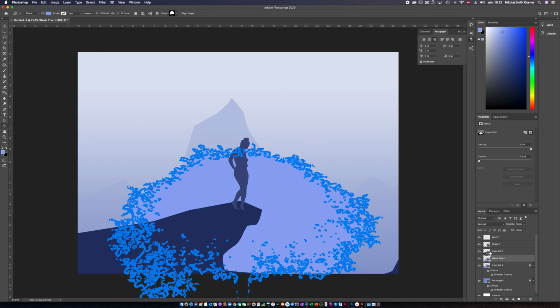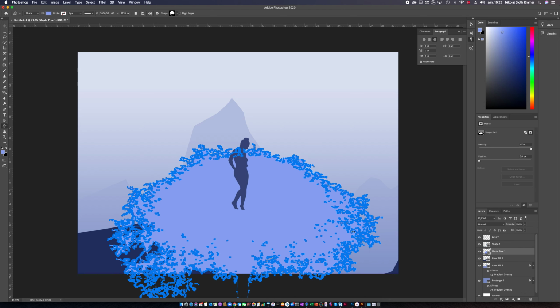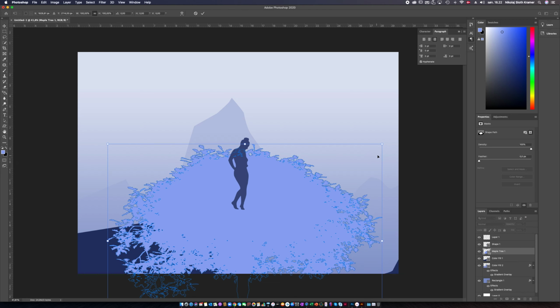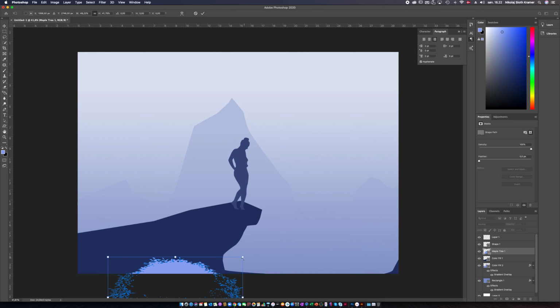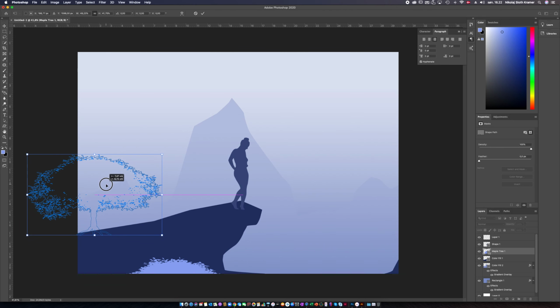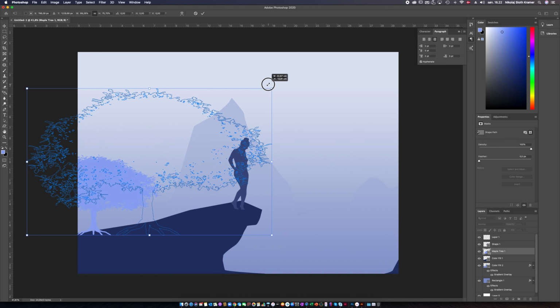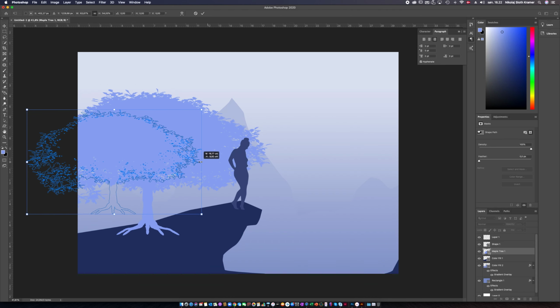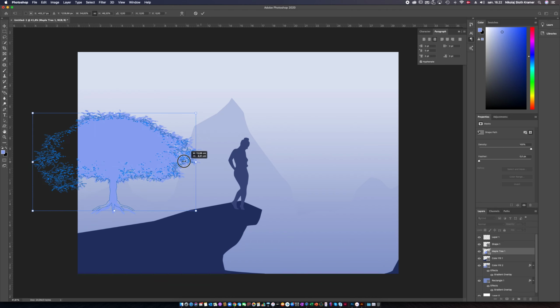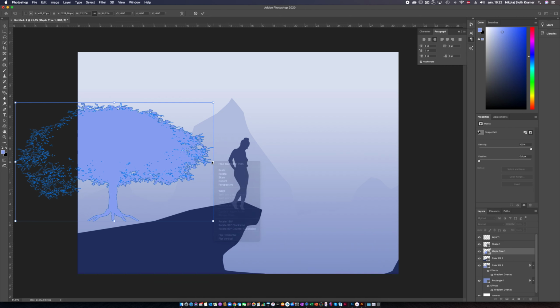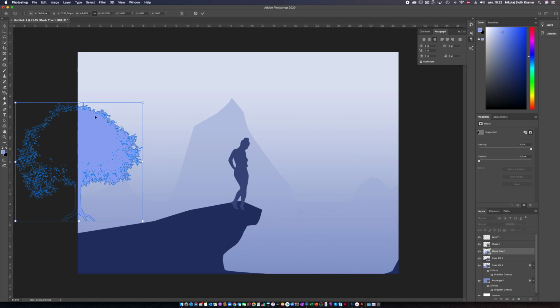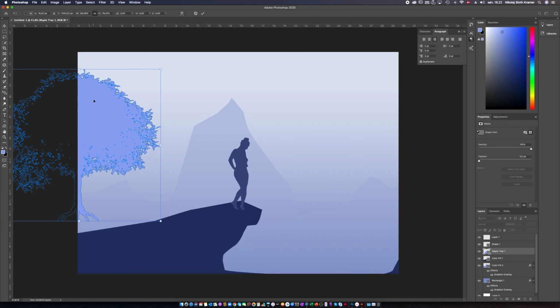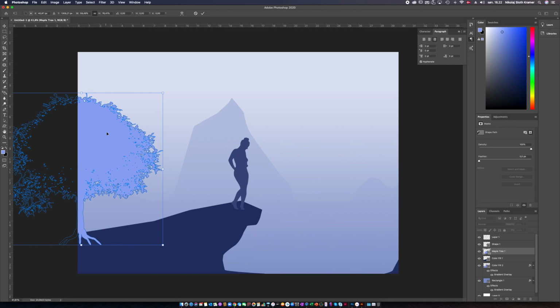So I get this tree, it's fairly big, so I want to use it like this. Maybe I think it's a little bit too wide here, so I just want to squeeze it a little bit like this. And maybe, yeah,